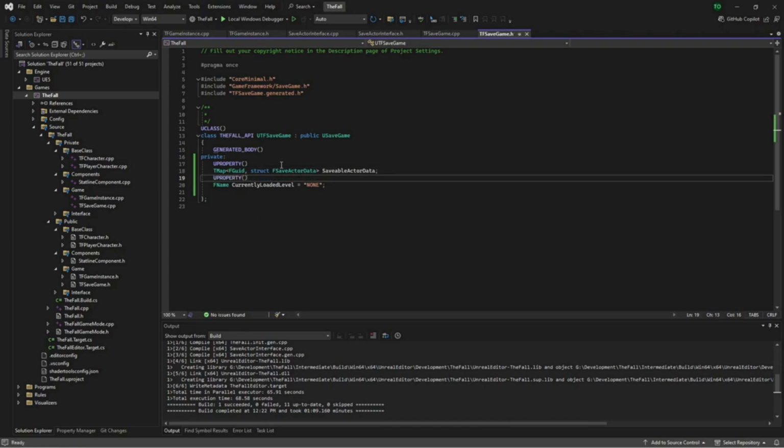So we'll actually clean up the save game class quickly because this is really simple. So we have the ability to put the information in this object. However,